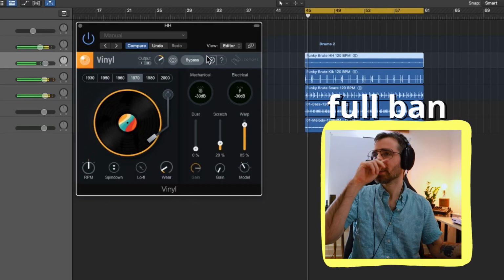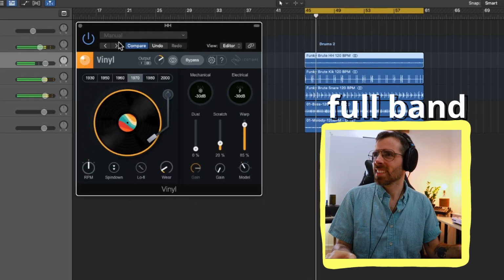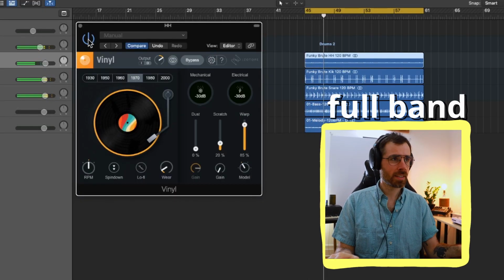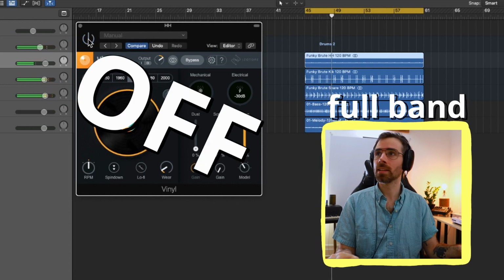I find that with this plugin, when the drums are soloed, it might sound a little bit out of place, but when you have a full band playing, it blends much better. Find that sweet spot, it changes the pitch and consistency of the hi-hats, giving it a bit more of a human feel. I usually only use this sort of technique on high frequencies like hi-hats or maybe perks, shakers, things